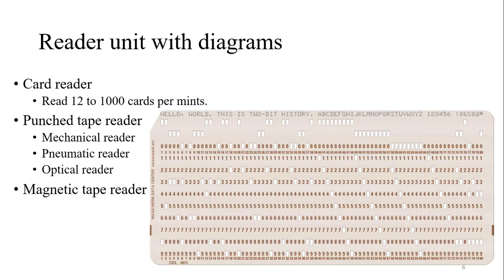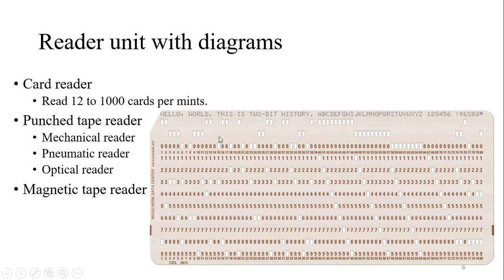Then we have the reader unit. Input device and reader unit is the first part. The reader units are those, and I'll start from the very beginning. Then we have the card type of program writing. Can you see this card? On this card you can see the dots, the punches made over it. This is nothing but coding, how the data is coded onto a card. In earlier times these cards were used to write the program. Then this card is entered into the MCU, and the MCU reads the data and works accordingly. So a card reader is used. This is a card. Who will read it?